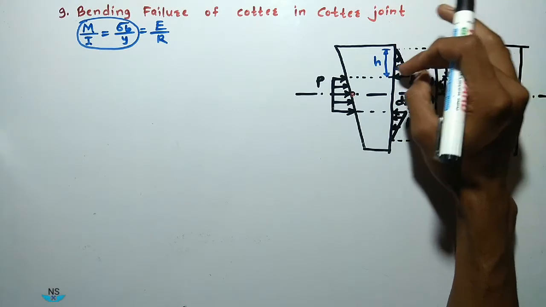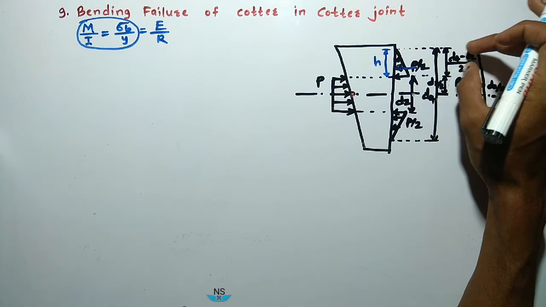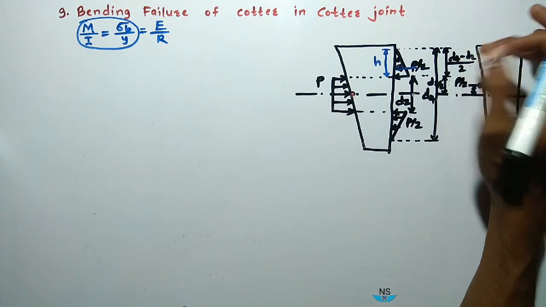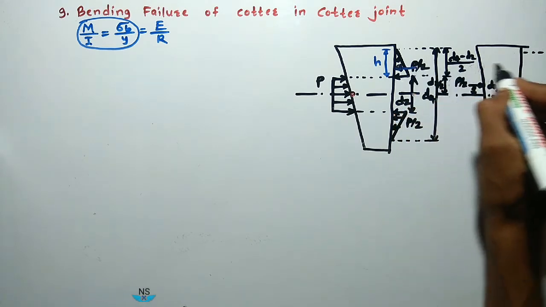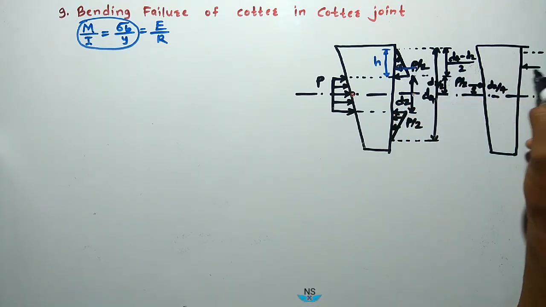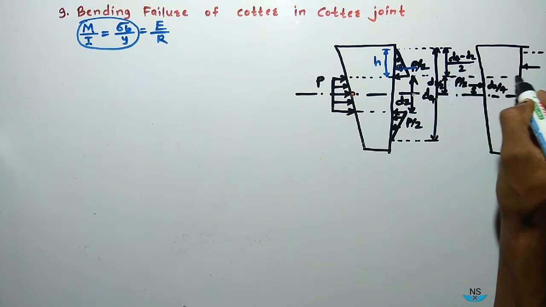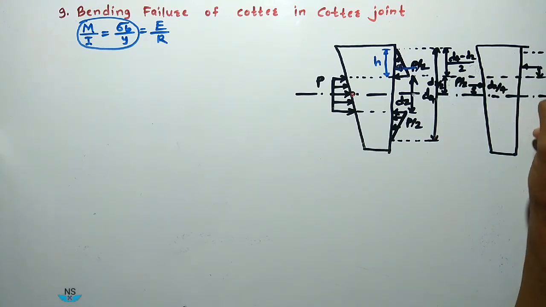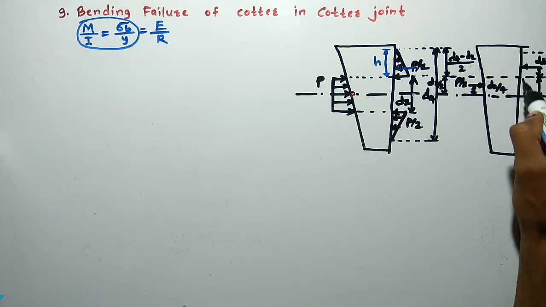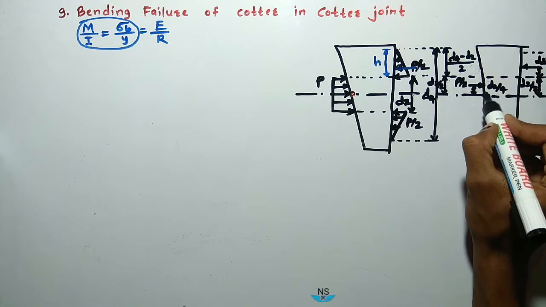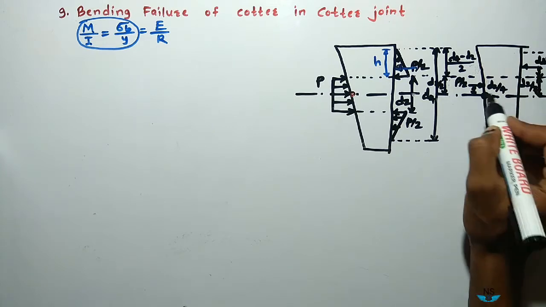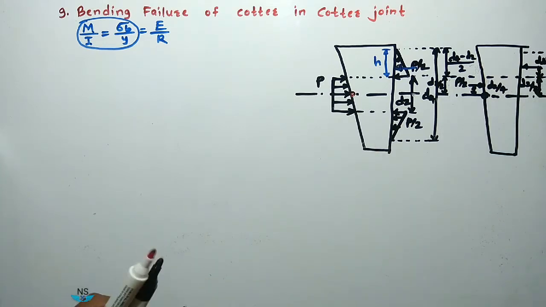Now the force will act at h by 3, which means (D4 minus D2) divided by 2, divided by 3, on what height? This is D2. So this is (D4 minus D2) divided by 6, this distance, and this distance is D2 by 2. Now I will take the moment at this point. At this point the moment is maximum. So M is equal to